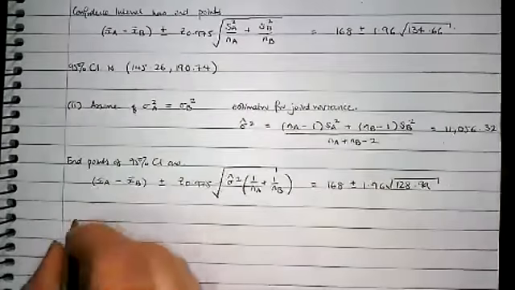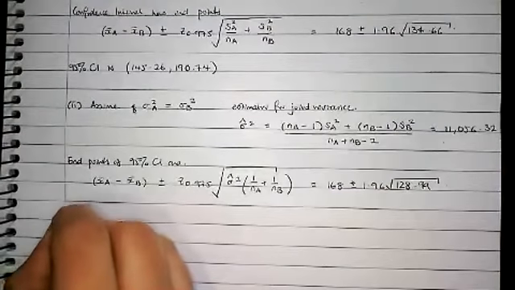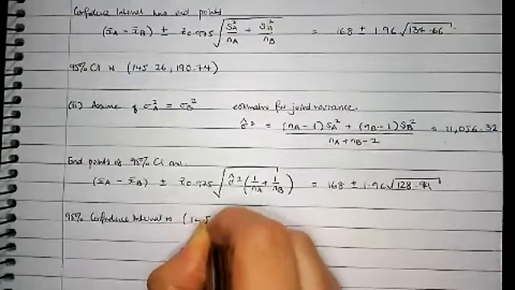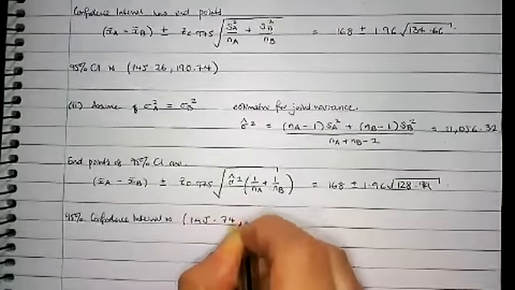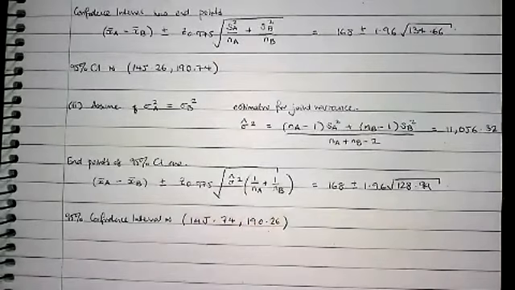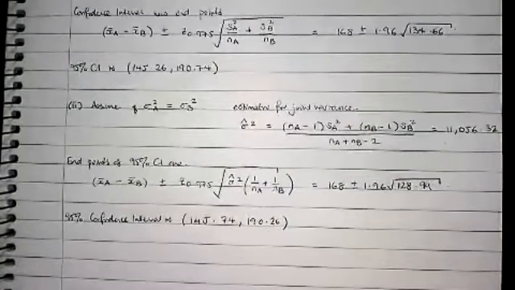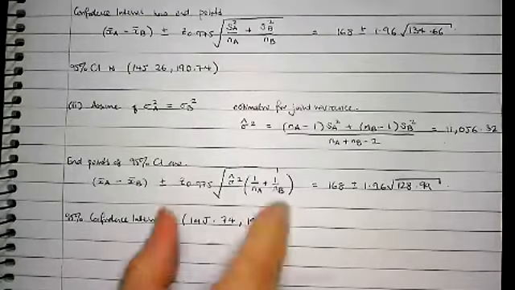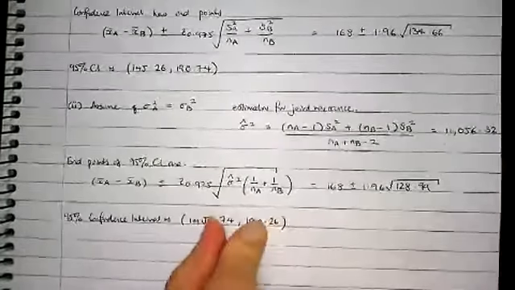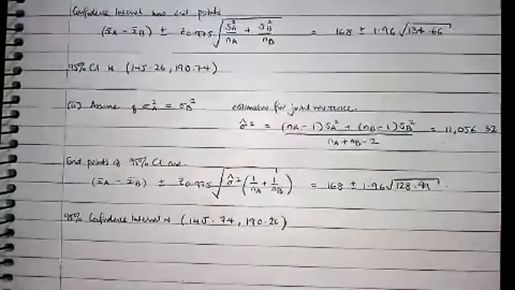So in this case, the 95% confidence interval is 145.74 and 190.26. So you see that those are relatively similar between the two parts. Now, this one here is very, very slightly more narrow. So slightly less values in this one than there is in this one,